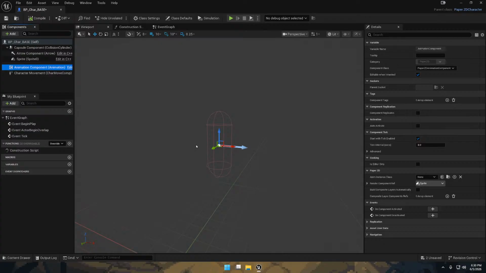Now we do have to spawn this BP hero as a default pawn. And we already in the content drawer blueprints have set up our GM dungeon, our game mode, and we did tell anyone who is probably going to use this game mode. So we just need to open it up. And you might get this kind of closed down blueprint view, the short view. You can open up the full blueprint editor. You don't have to. But this is just the one you see most of the time. And for the default pawn, we then want to select our BP hero because the hero is our player character. And compile, save, and I can go back to the map and I can start the game